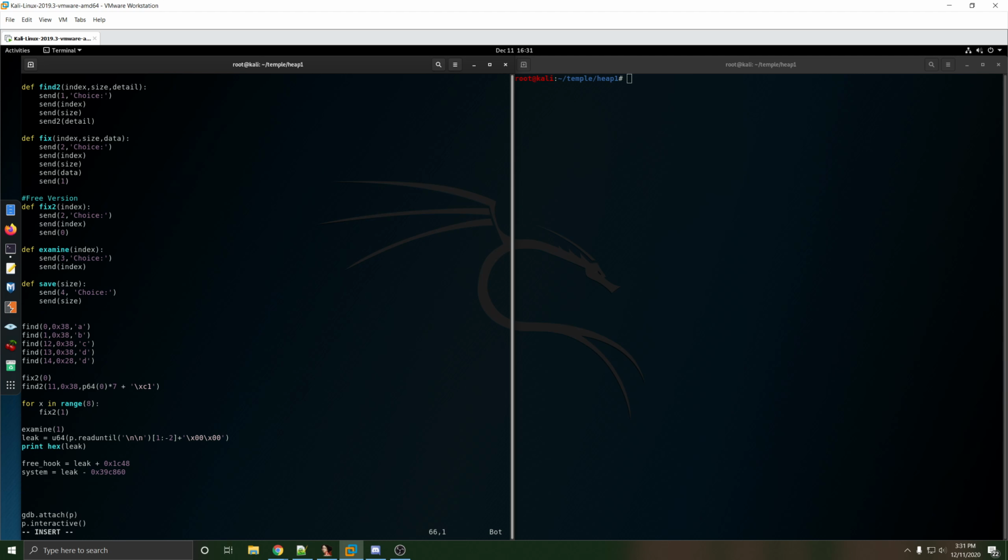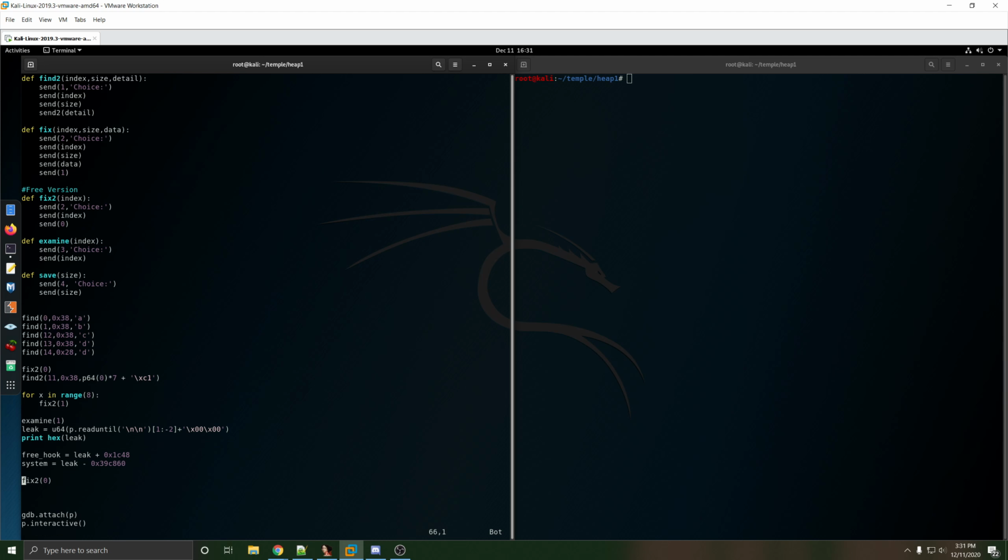So right now, 1 points to a fake chunk of size 0xc0, but in all occurrences it is pretty much a real chunk of that size. And if we were to allocate a new chunk of 0x38, it'll probably take from that chunk and give us something just like it. But if we were to fix 2,0 again and change the size one more time,